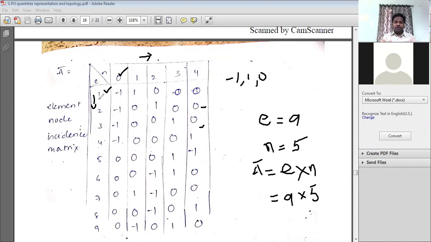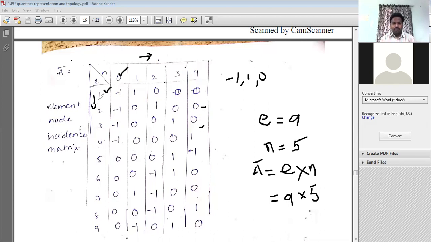First of all, you need to check whether there is connectivity between element number 1 and node 0. If you find connectivity, the next step is to verify whether it is directed towards the 0th node or directed away from the 0th node. If it is directed away from the 0th node, you can substitute it accordingly as -1 or 1. The assumptions are very, very important: alpha PQ is equal to -1, alpha PQ is equal to 1, and 0. Likewise, first of all, you need to obtain the element node incidence matrix.